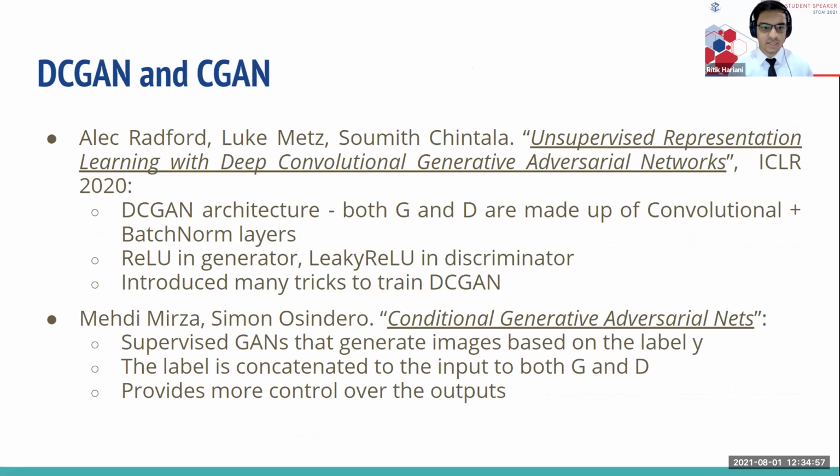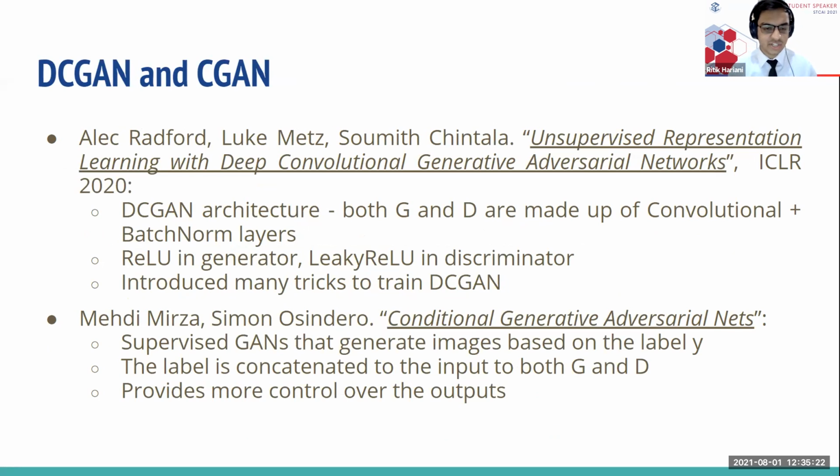Since our use case involves a lot of images, we plan to use deep convolutional GANs, where the CNN architecture involves convolution layers with batch normalization. For the generator, we use a ReLU activation layer, while for the discriminator, we use a leaky ReLU activation layer.